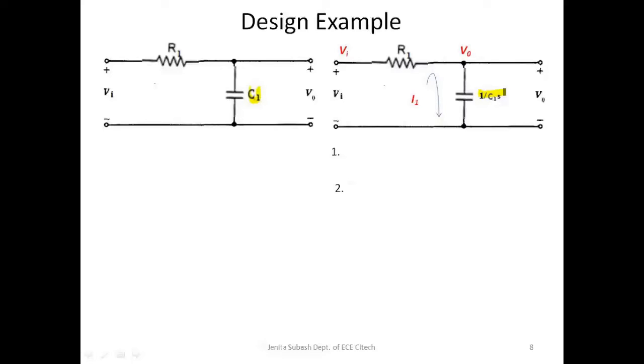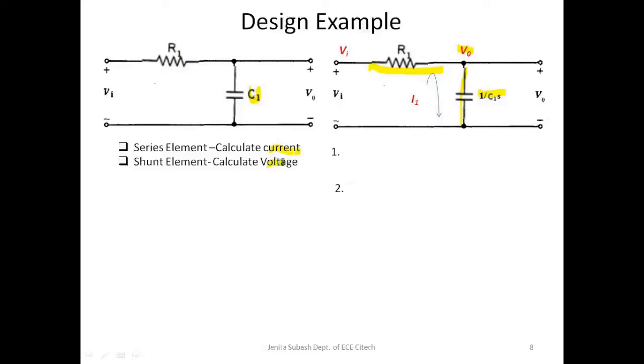This is the first and foremost thing we have to do for the transformation of an electrical network to a signal flow graph. Then the two important things you have to take into consideration are: if the element is connected in series, then we have to calculate the current, and if the element is connected in parallel, we have to calculate the voltage. Here, as the resistor R1 is connected in series, we have to calculate the current for the resistor R1. And the capacitor is connected in parallel, that is, the shunt element is nothing but the capacitor, hence we have to calculate the voltage across the capacitor.